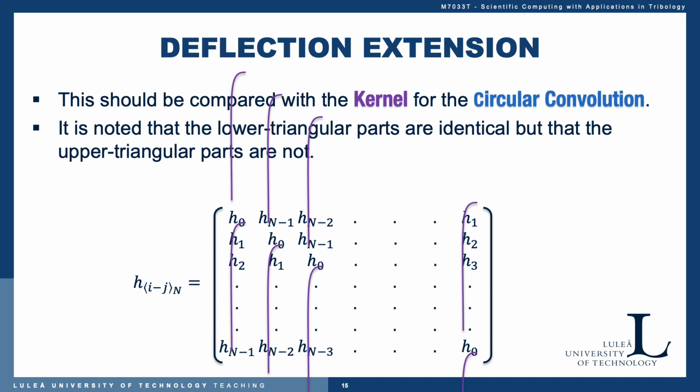And if we compare that to the circular convolution, and we have the same signal, the first column would be the same numbers, but what happens when we circulate in the circular convolution case, then we realize we only preserve the lower triangular part. They will be the same, it's clear, but the upper triangular part will be different due to the periodicity,